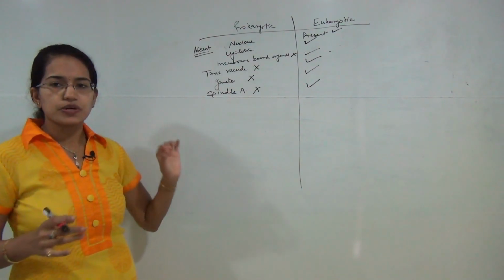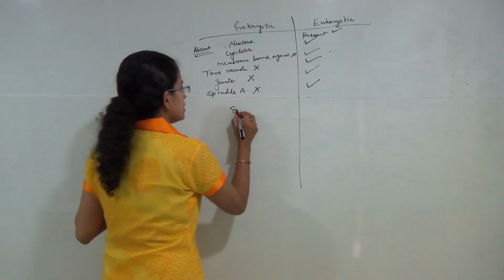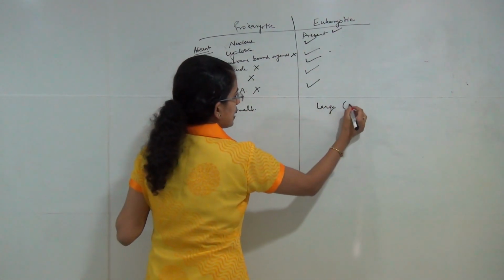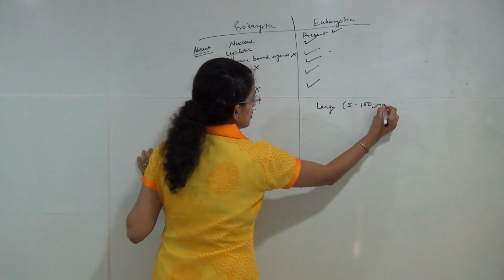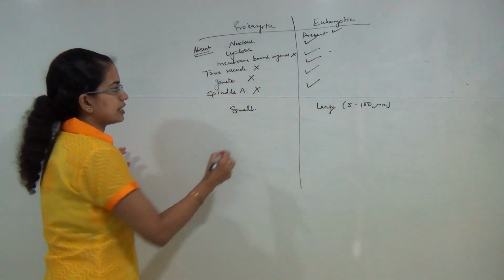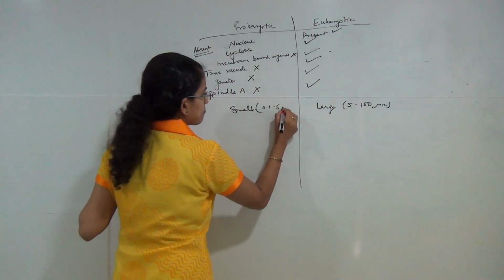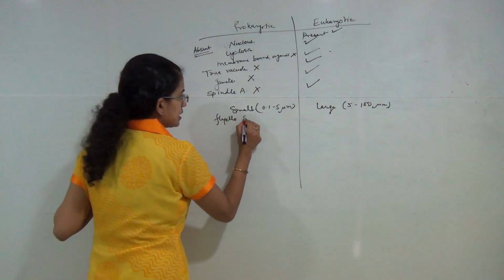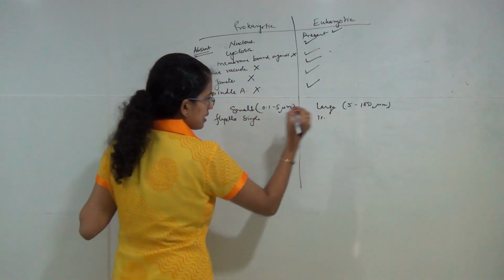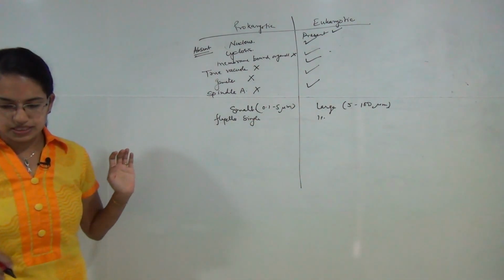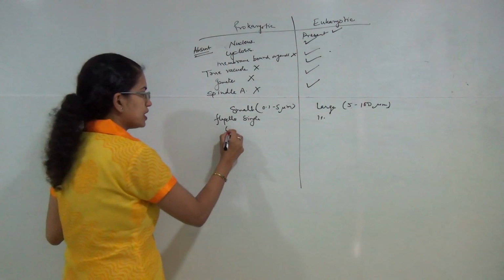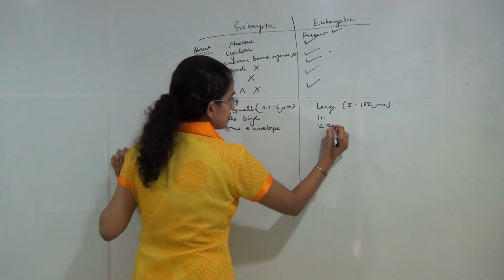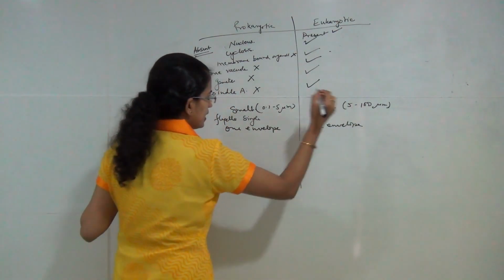Now moving on to the core characteristics. The size of the prokaryotic cell is small. Here the cell size is large, from 5 to 100 micrometers. That's the average size, and here it's 0.1 to 5 micrometers that is present. The flagella, as I said, is single stranded here, and here it is 11 stranded that is present here. There is one envelope that is present here, and here you have two envelopes, a double envelope.